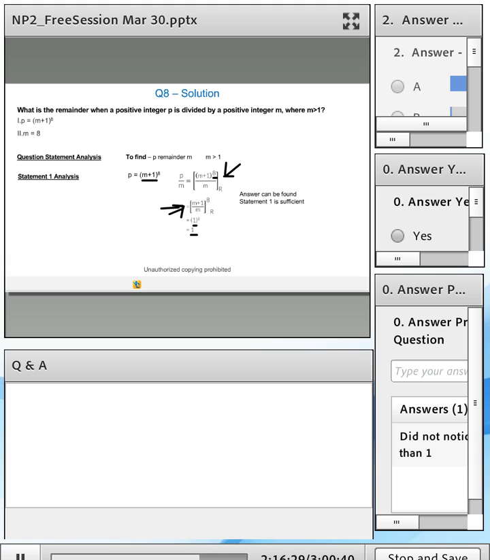All right, so now let's look at statement 2. Statement 2 says m is equal to 8. Now m is equal to 8, but I have no idea about what p is, so statement 2 cannot be sufficient. But for those of you who selected choice C, you would have thought that you get 8 from statement 2, and statement 1 has p is equal to (m plus 1) raised to the power 8, so you can calculate the value of p and find the answer. So that is where you faltered.